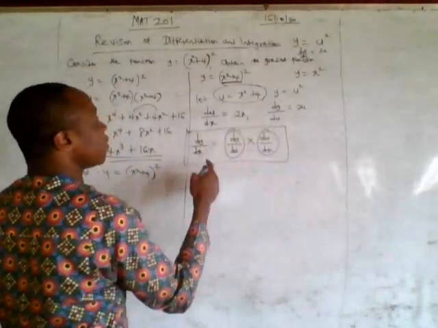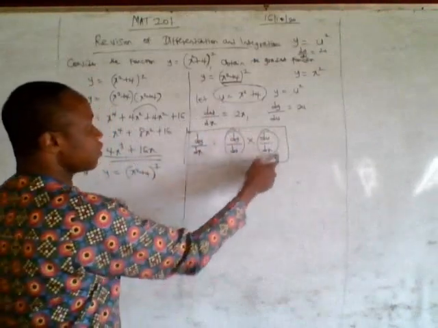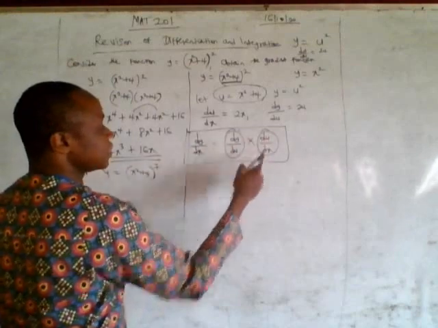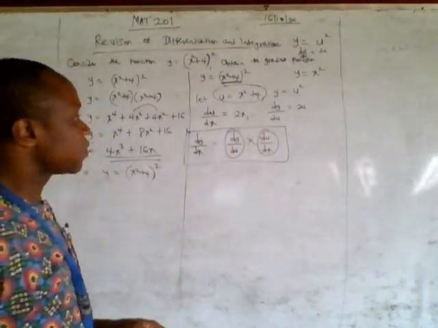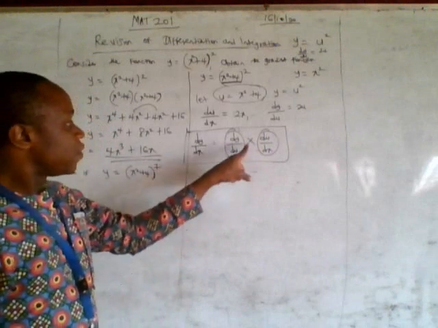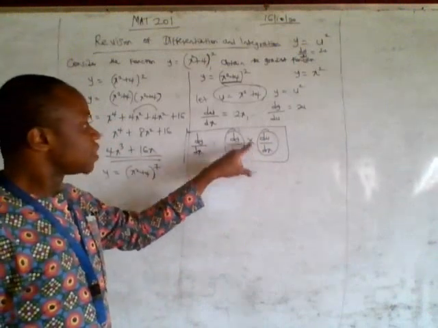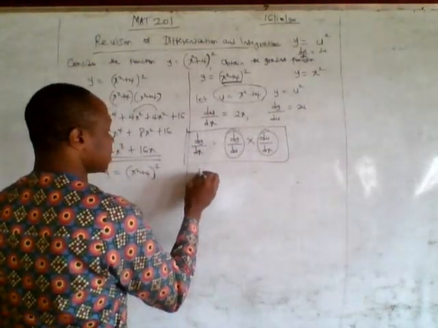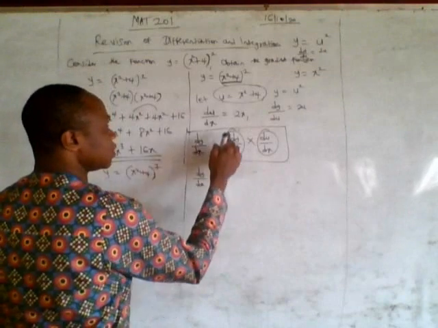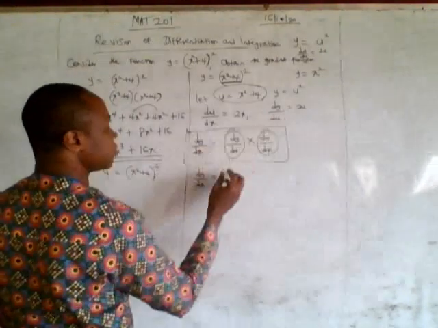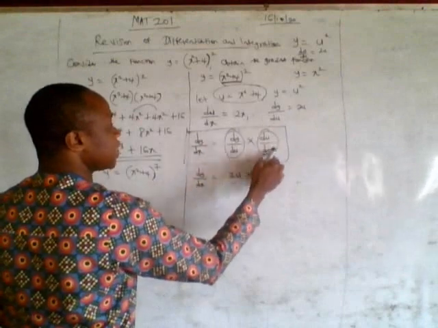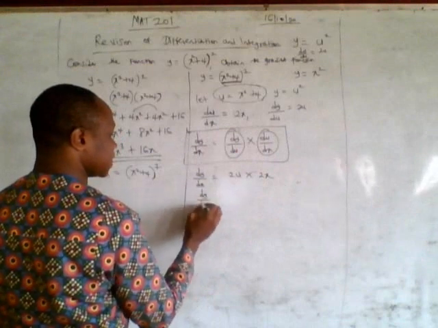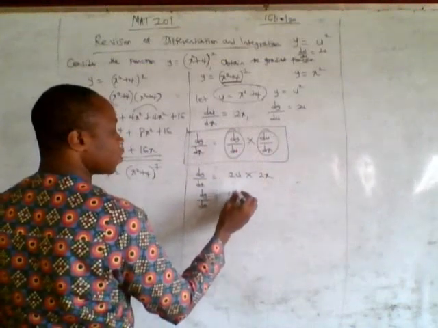So this is what we call the chain rule of differentiation. We call this a chain rule for this problem. So dy/du times du/dx. Remember, there were some problems we handled in our first year where multiplication was not used. Instead, we used division. All right. So we have the x now, dy/du, which is 2u, times du/dx, which gives 2x. So our answer is dy/dx equal to